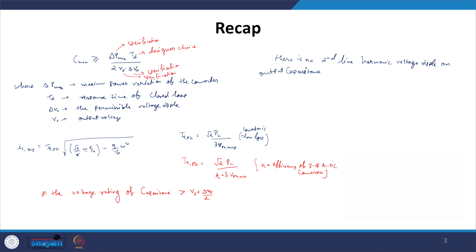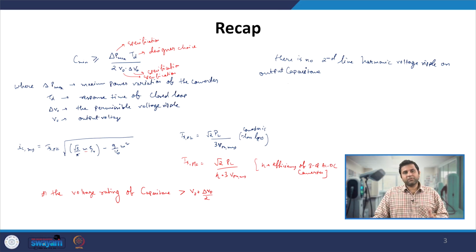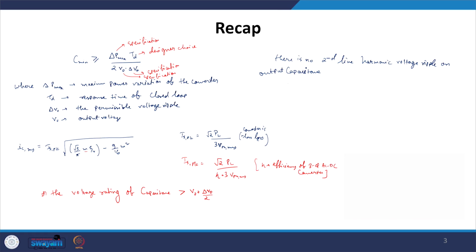So that's when we can choose or select our switches accordingly. Further, we have also seen what are the voltage blocking of these devices. That's when we are able to understand what are the voltage and current ratings of these devices, and that's when we can choose or select the required devices for realization of our 3-phase AC to DC converter.